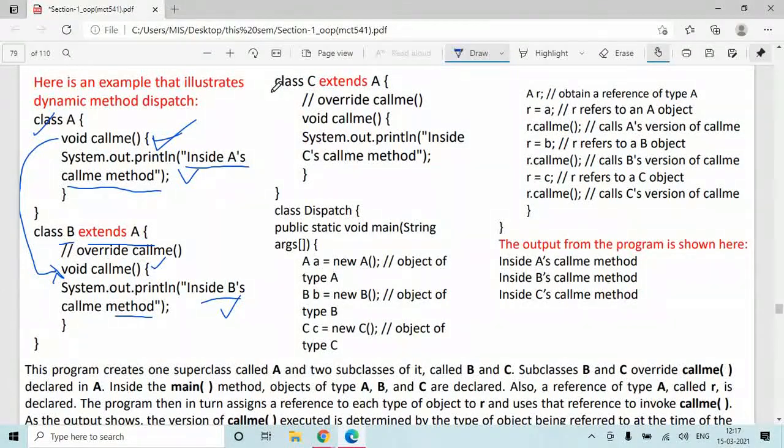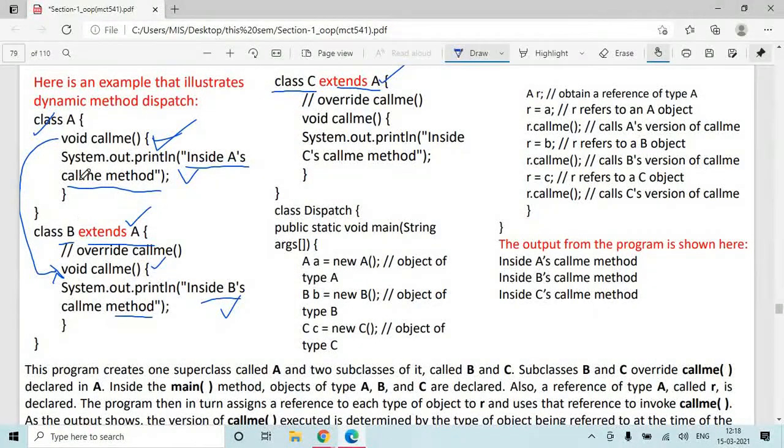We have again a simple class C, which extends A again. B extends A and C extends A. This is not multilevel or any other type of inheritance. This is independent.